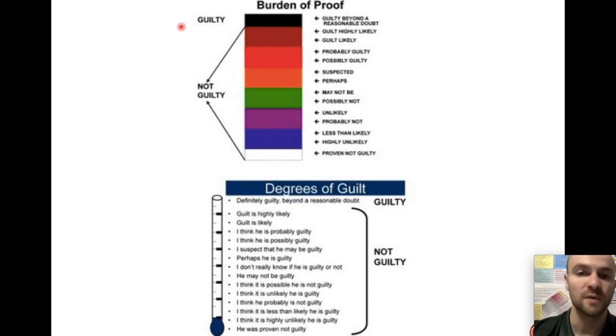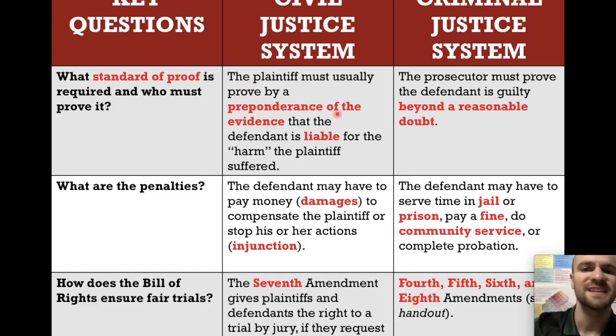So this is the equivalent of being 99.9% sure. If there is any reasonable doubt in the jury's mind that the defendant had committed a crime, then the jury is supposed to find that defendant not guilty. So back to this. The civil justice system, the threshold is much lower. Instead of the jury needing to be 99.9% sure that the defendant had committed the crime, a jury only needs